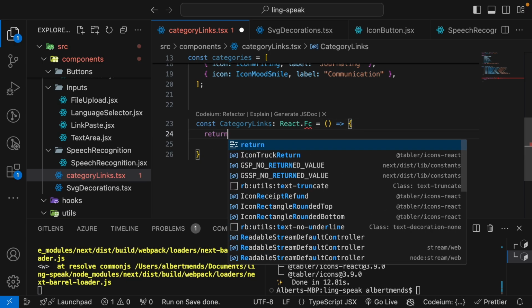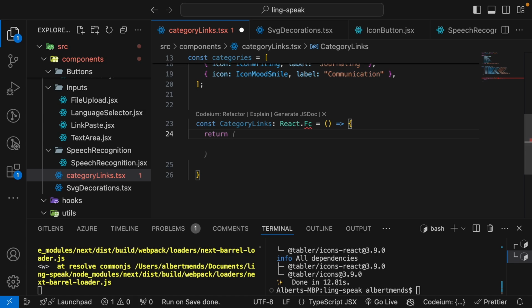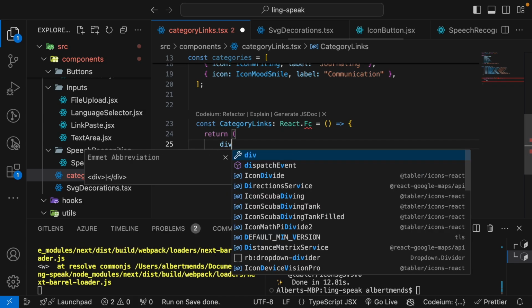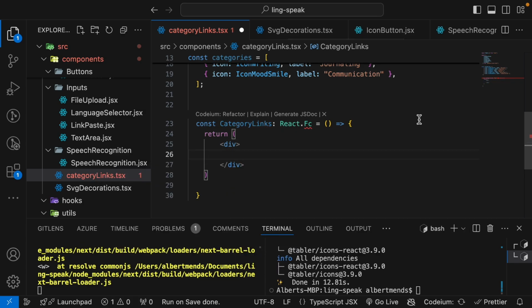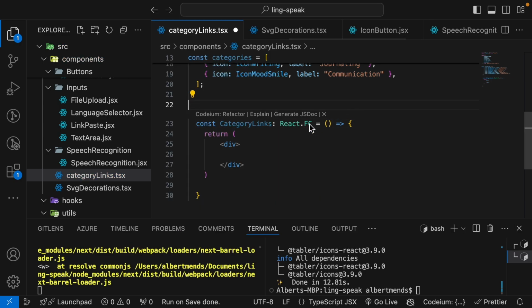We are going to return a div. FC is caps, not lowercase, and this div will have a class name